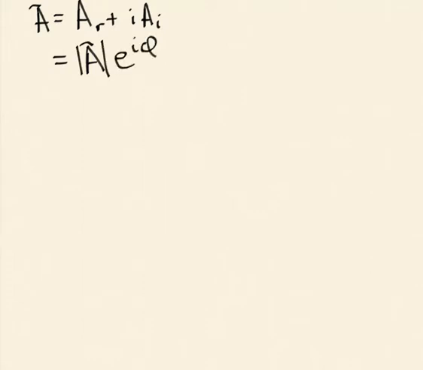All right. So I'm representing this number in the complex plane. I can conversely write that down in the following way. So if I have the fact that this number can be written as a real plus an imaginary, that's the same as the magnitude times e to the i phi, where phi is that angle that I drew in the